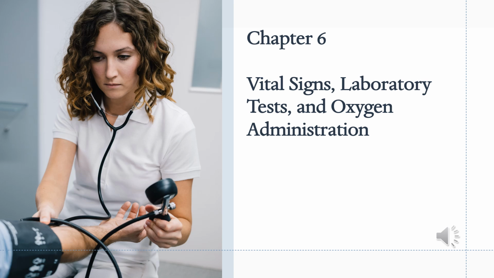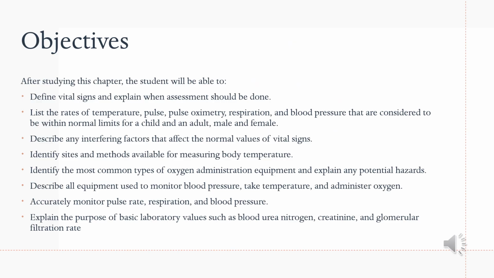This presentation is going to review Chapter 6 of the Patient Care Book, Vital Signs, Laboratory Tests, and Oxygen Administration. At the end of this presentation, students will be able to define vital signs and explain when assessment should be done, list the rates of temperature, pulse oximetry, respiration, and blood pressure that are considered to be within normal limits